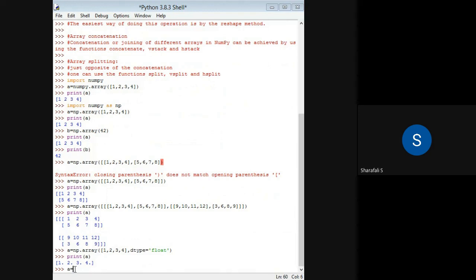For example, a equal to np dot zeros. This np dot zeros function is used to get zero elements. It is nothing but zeros, elements that will completely fill your array. Okay, so let's consider its shape as 3, 3.